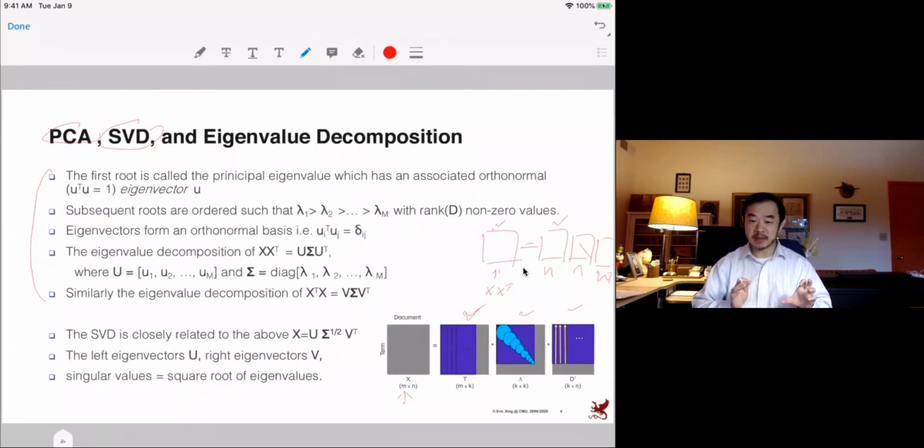It is the original data X, the term by document matrix in here. And then the right eigenvector matrix is actually the projection of the original data into that space defined by